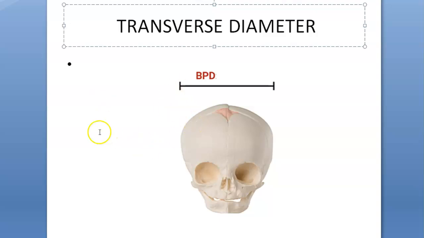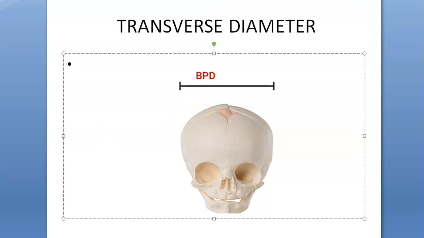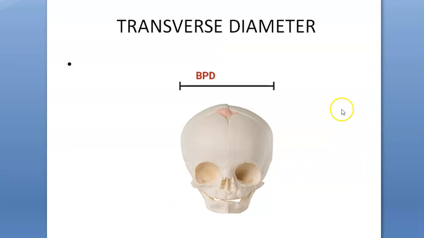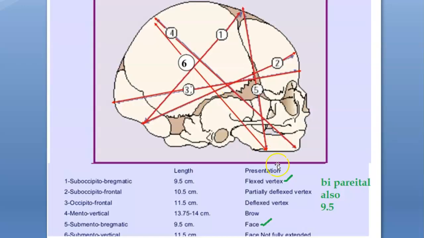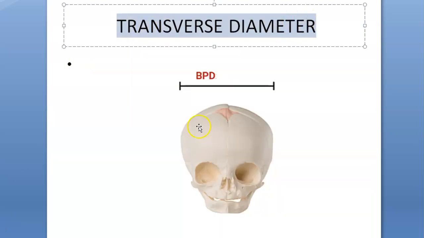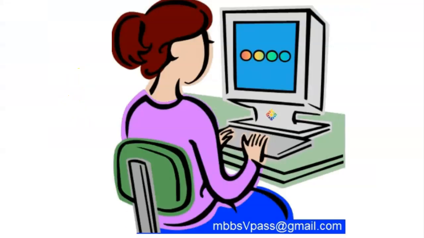Not only biparietal, there are so many other types of transverse diameters. We don't want to break our head, like bitemporal is there, bimastoid is there, superior subparietal and so on. But here we will focus only on biparietal because biparietal is also 9.5. And in the transverse diameters, this biparietal is the largest. All other transverse diameters are less than 9.5. So we are more focused on the biparietal diameter. Okay. So in this video, you have learnt